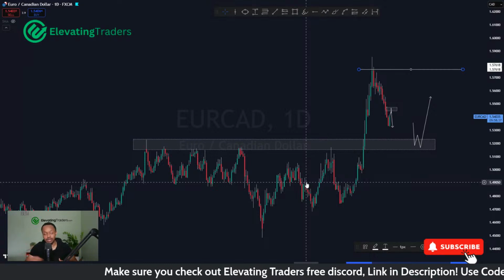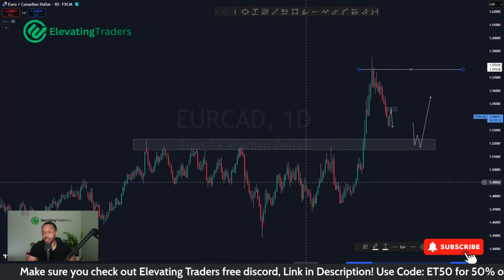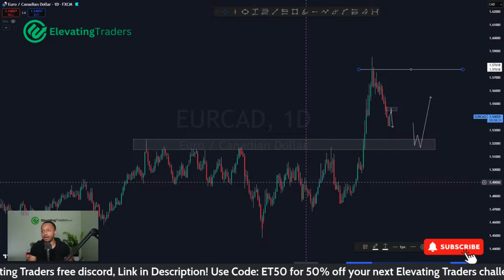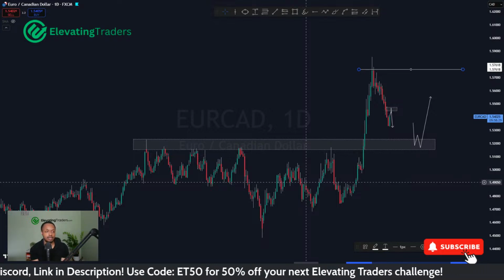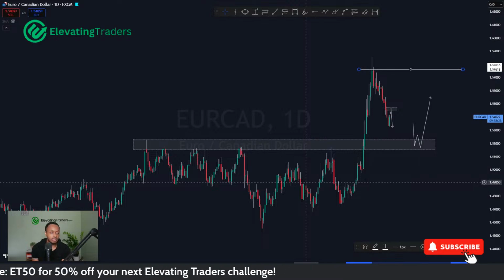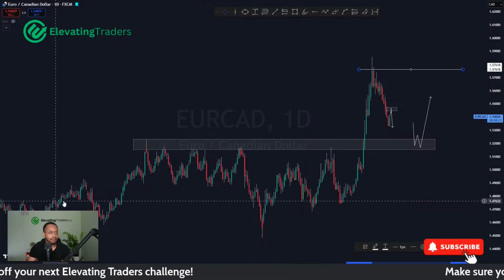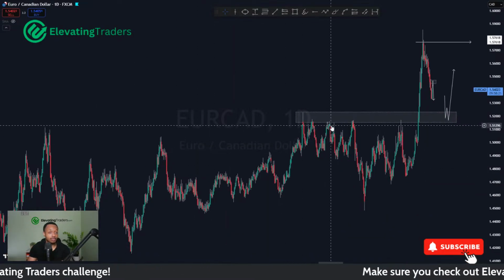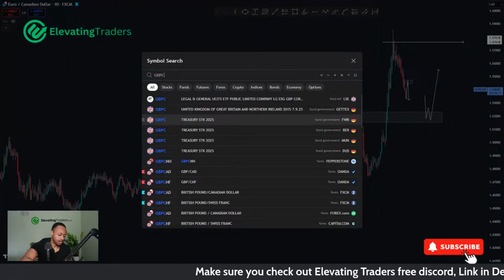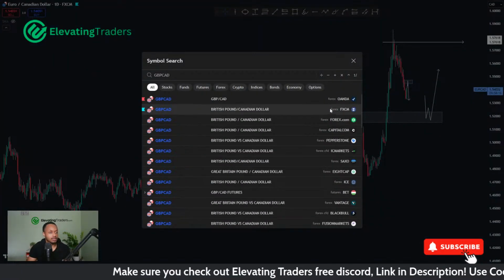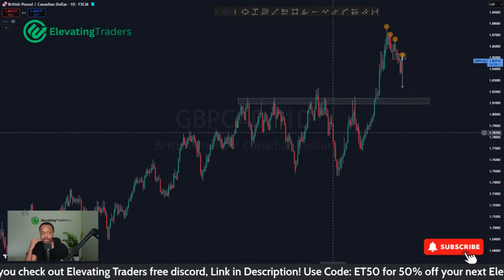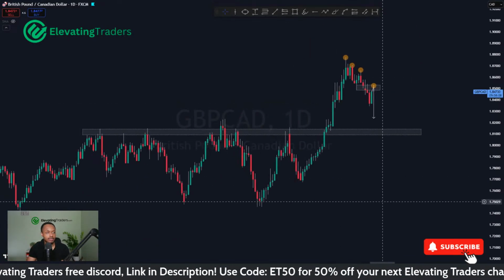Normally, I would look to target swing highs, swing lows, and just trend continuations. But when the market's pretty tired, I probably won't try to be too greedy and take a swing all the way to resistance. But bounce off that level, I do think looks worthwhile. If I head over to PoundCAD, bounce off that level too looks pretty worthwhile as well. So I'm going to kind of wait to see if price can pull back to those areas.